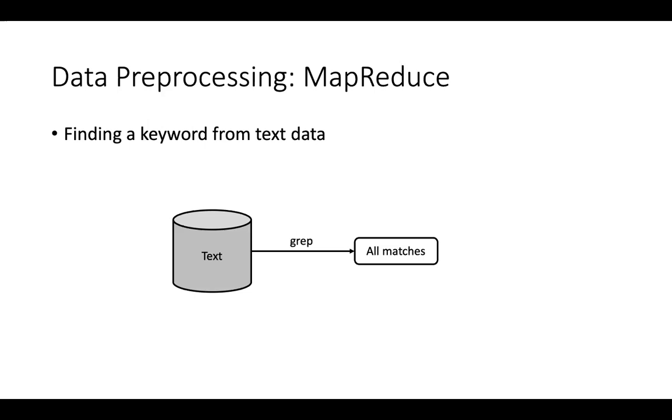So I'm just going to assume that nobody is familiar with MapReduce here. MapReduce is used for processing a really gigantic amount of data, data that would not fit in a single machine, or not even a single workstation. So we're talking about data that amounts up to maybe hundreds of terabytes, or maybe